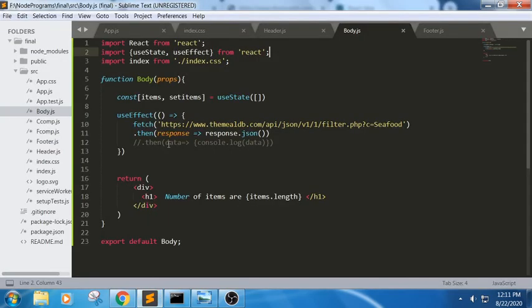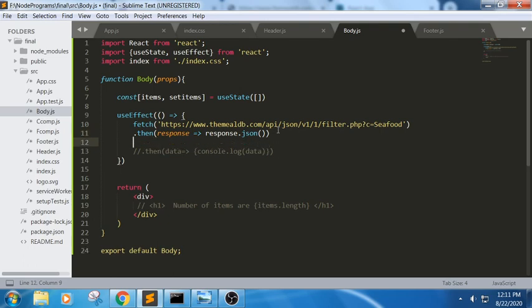Yes, let us see now. We will try to retrieve each and every element here, and we will try to echo it. Let us read these values first. Let me place this API, and in this response we will try to write. Let us echo this value, data. What we are trying to do is check whether the values have been retrieved or not. In this I will use setItems, the function name, in this data.meals.